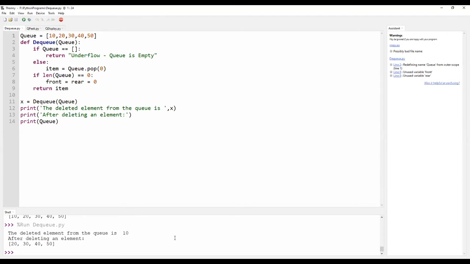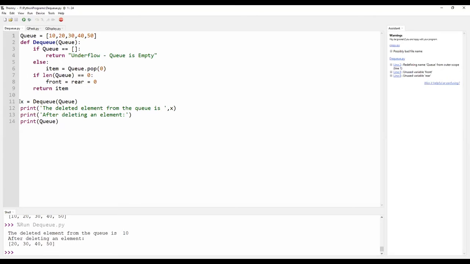After deleting the element, I have only 4 more elements. Currently, front is pointing towards the number 20, whereas rear is pointing towards the number 50.